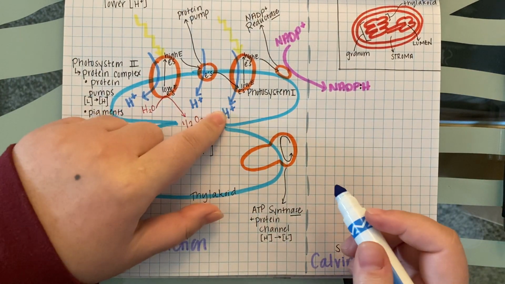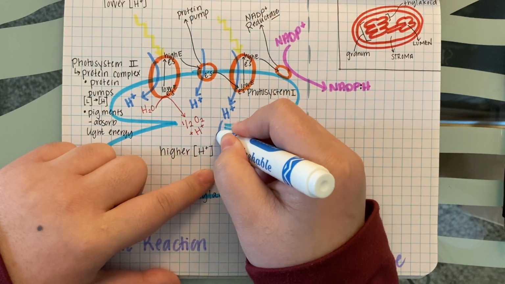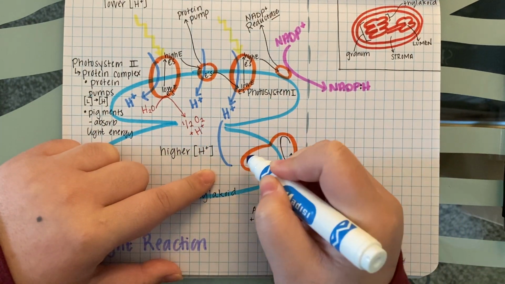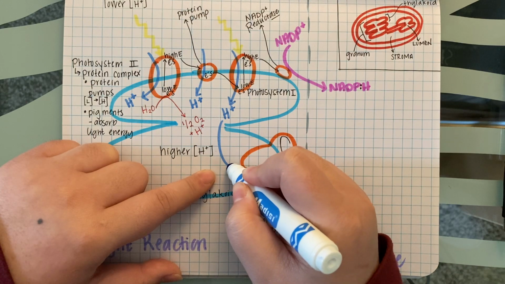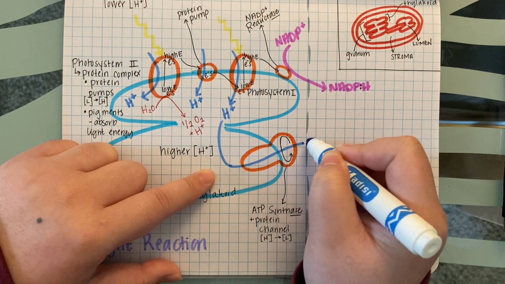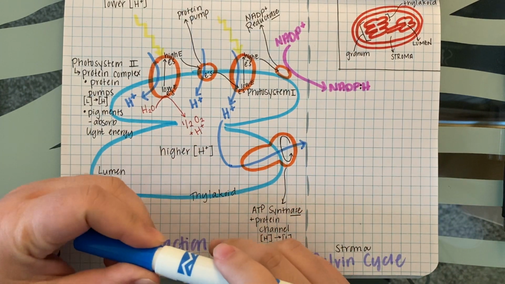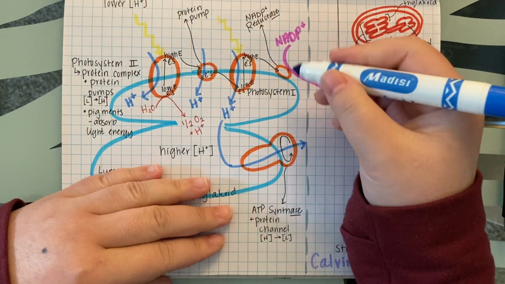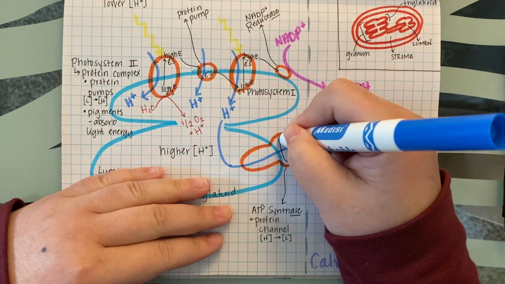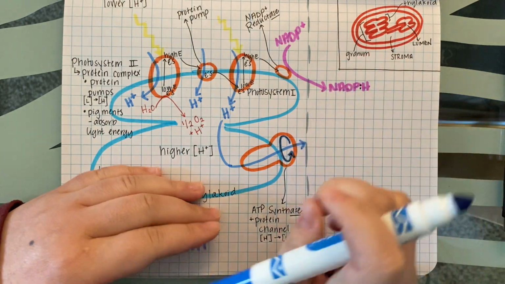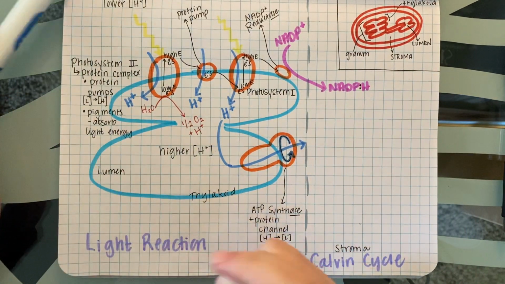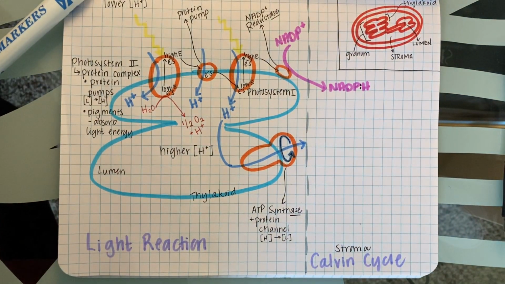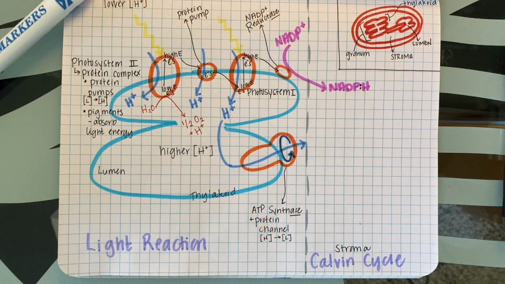So here's how we do it. These hydrogens that have been pumped in are going to start flowing out. And the only way for them to get out from high to low is through ATP synthase. Each time a hydrogen moves through the ATP synthase, it causes the ATP synthase to rotate. That rotational movement,